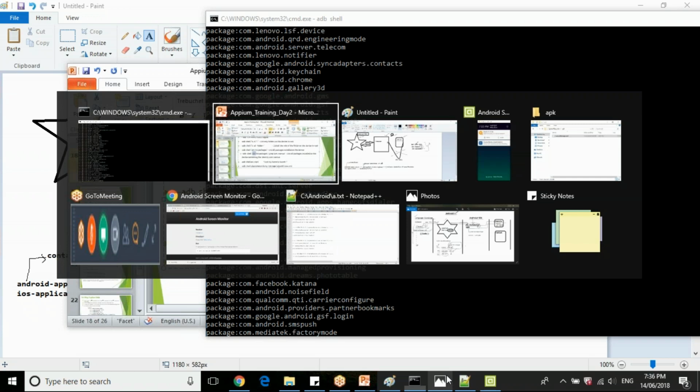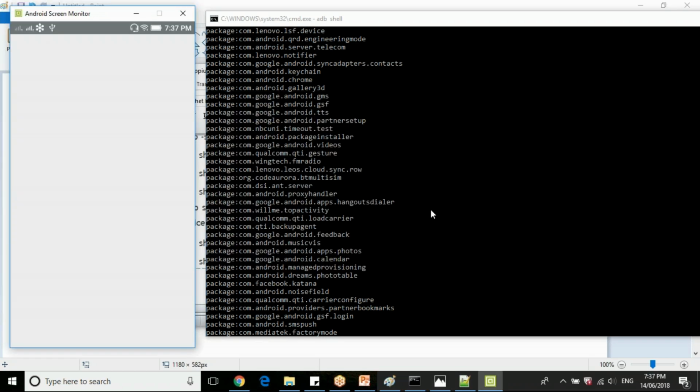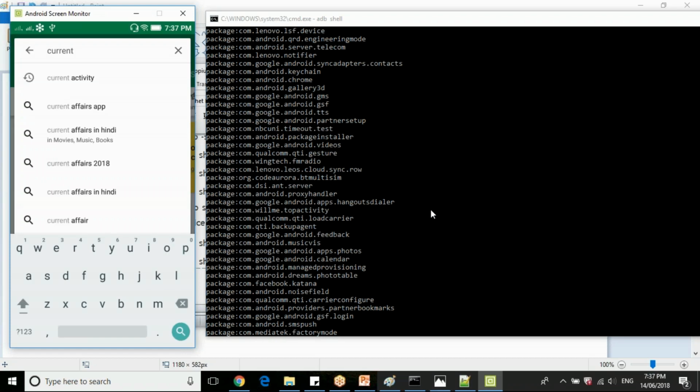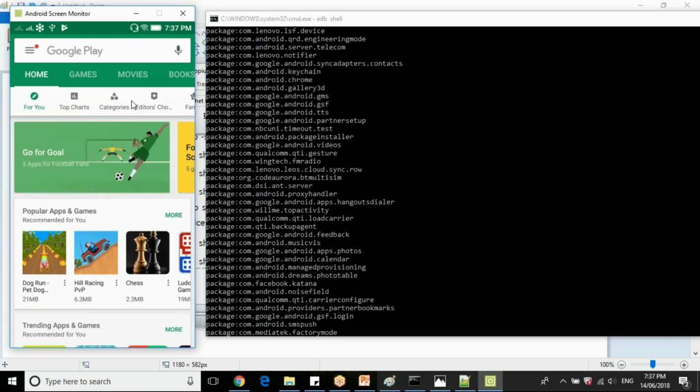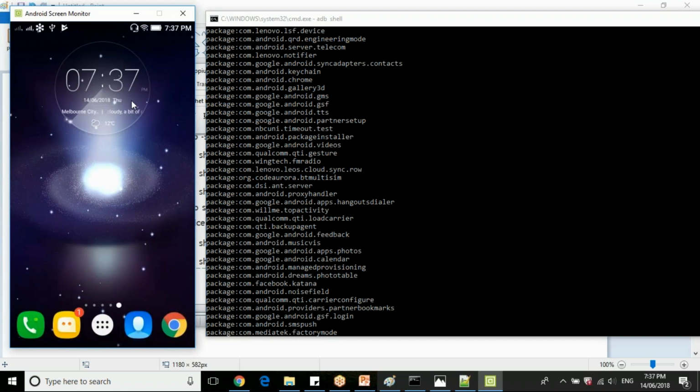Install this particular application. Once you install, just click on this application and click on launch. It will ask for permissions to grant. Enable here current activity.